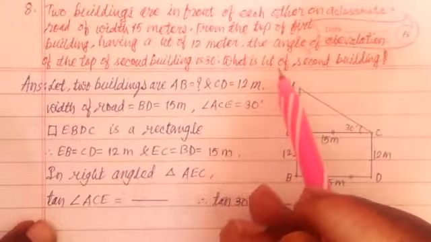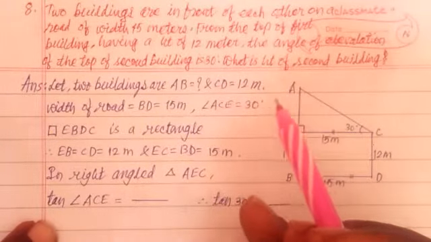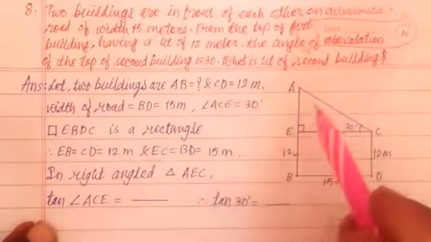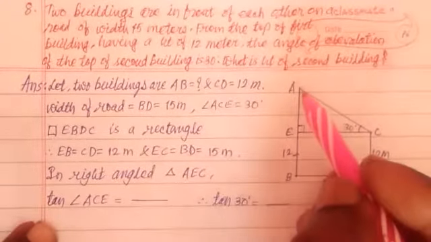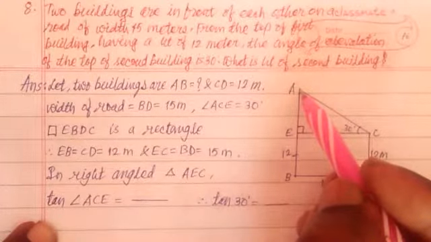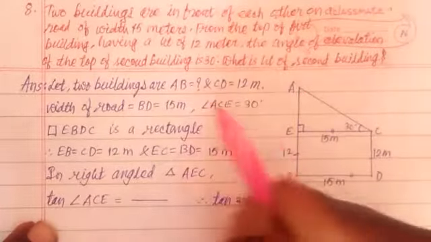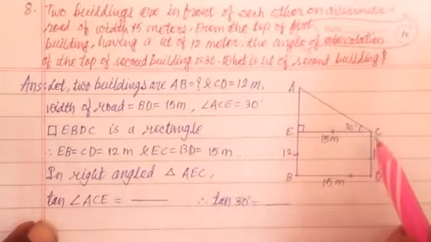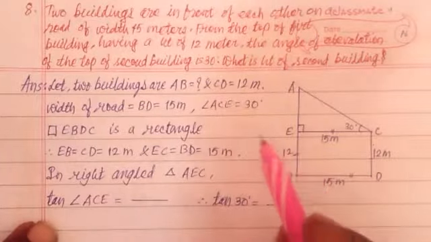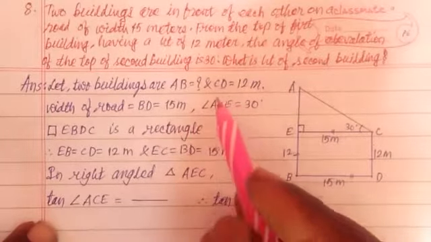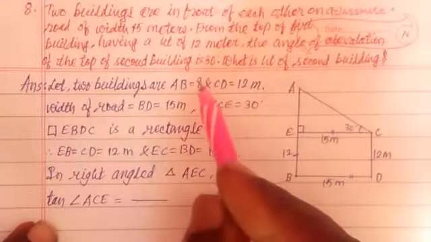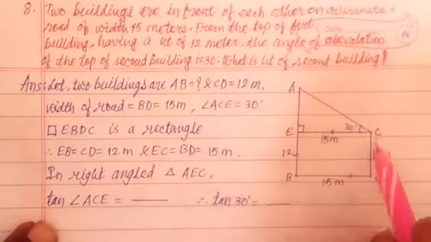What is the height of the second building? Now here, let AB be one building and CD another building. We have to find out the height of the second building, means AB is equal to question mark,